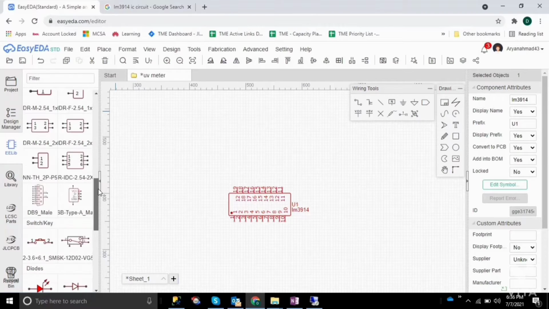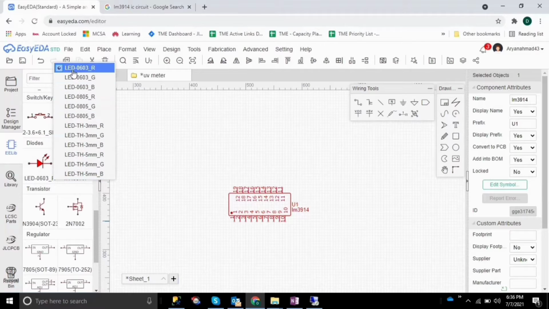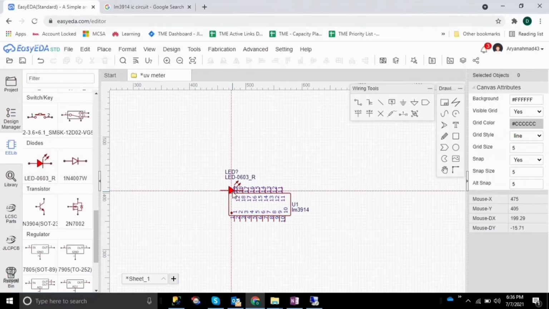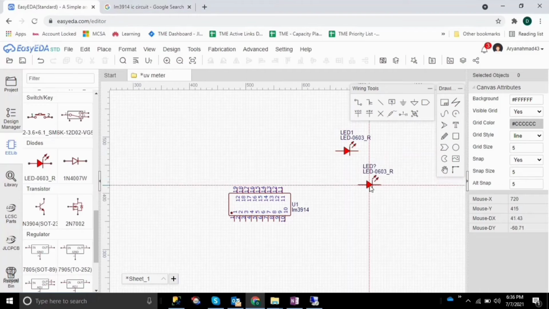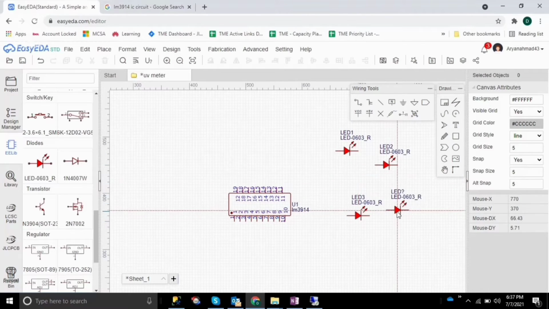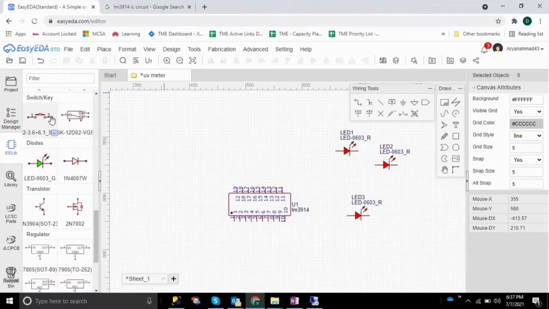So these are the components which you can use to build a circuit. In my case I need LEDs. There are options, 3 LEDs in my case. Your software can contain lots of LED options. First we have to put each of the 3 LEDs, because in my case my LED is only available in 3 varieties. So I am using blue first, and I think first put the blue one,